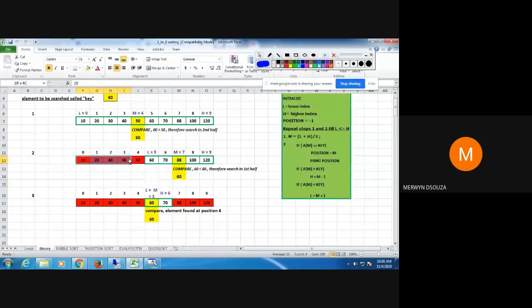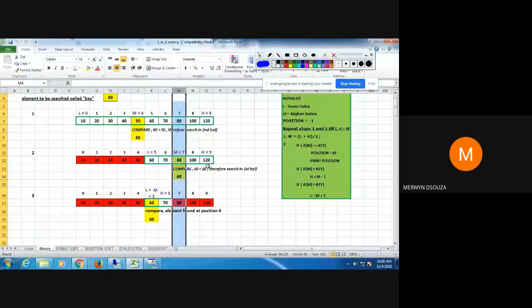Remember, we are not bothered about this now. We are not going to check this red area. So when we do this midpoint now, we are only searching in this much area. When we search in this much area, left of the midpoint is these two elements and right of that midpoint is these two elements. So 60 will fall in one of the two halves. Based on this, we have to define the new area.